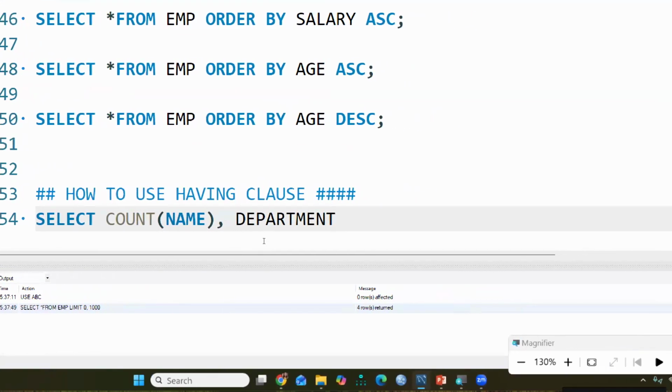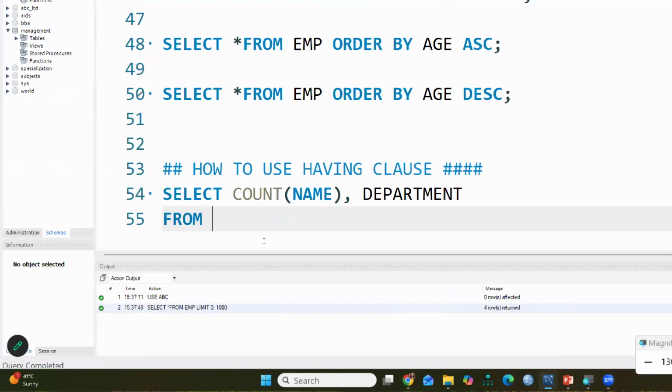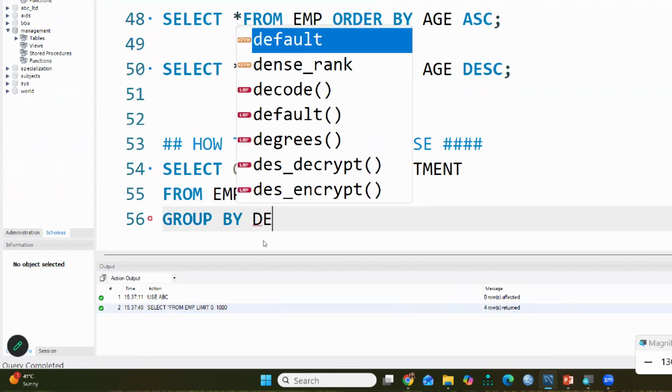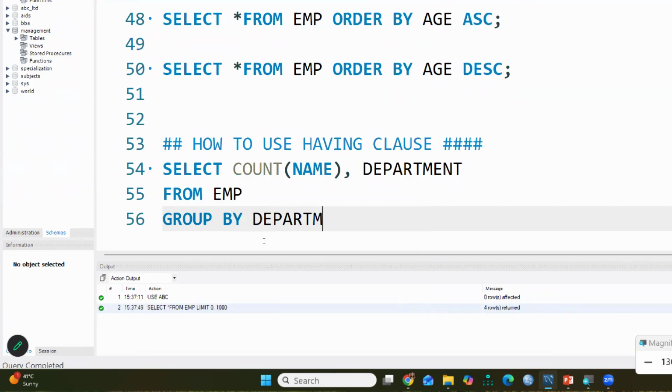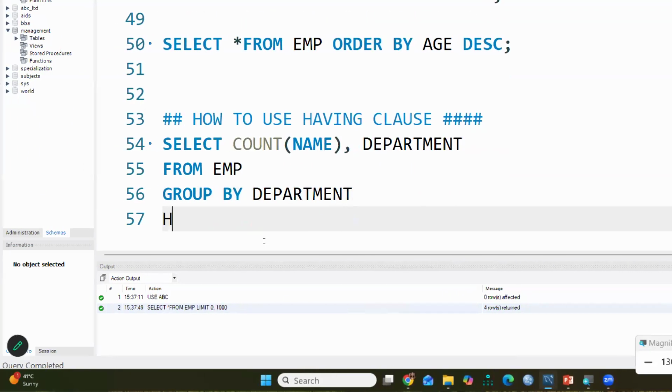From my table name, employee, and GROUP BY department, because two conditions we are going to apply: GROUP BY department, and HAVING, show me only those names that are having